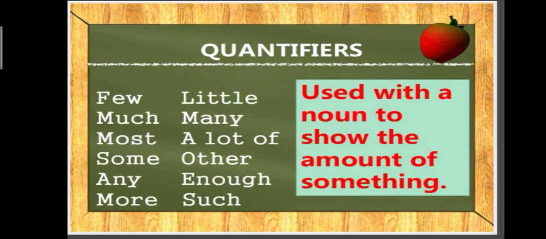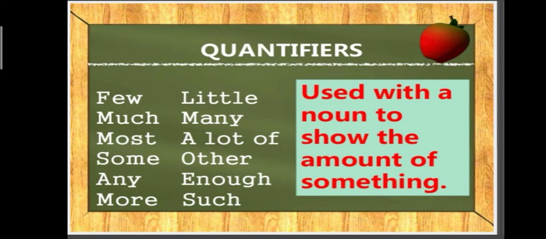Next kind is quantifiers. Quantifiers are the determiners which determine the quantity of the noun. Quantity means how much or how many, right? So some of the examples have been given over here: few, much, most, some, any, more, little, many, a lot of, other, enough, such. Used with a noun to show the amount of something, कि कितनी है कोई चीज़. And particularly when we are using them